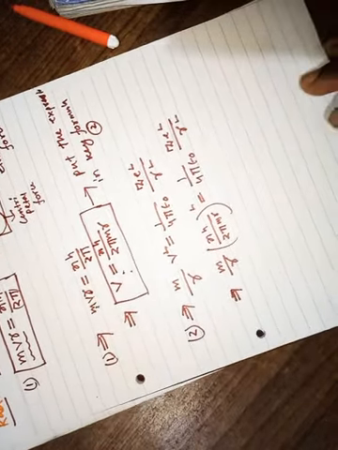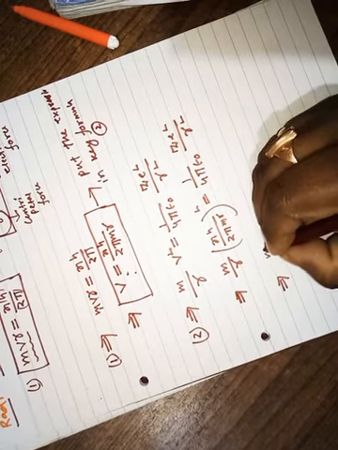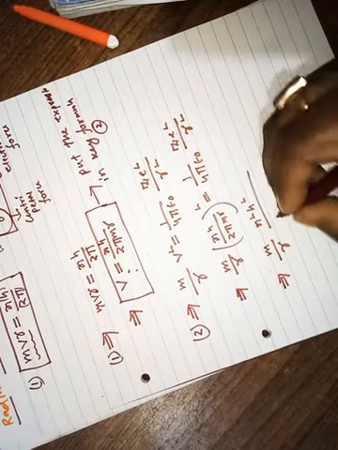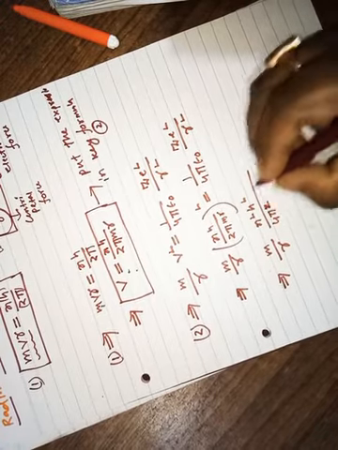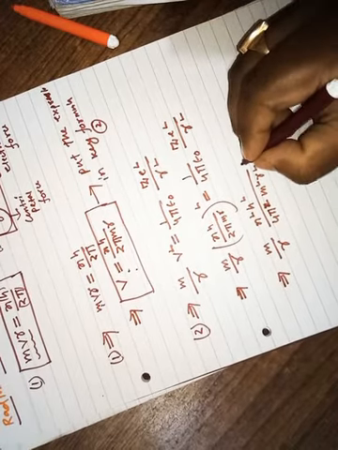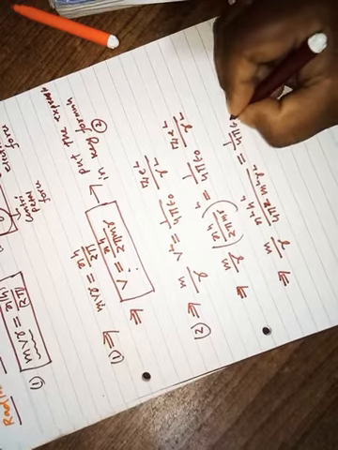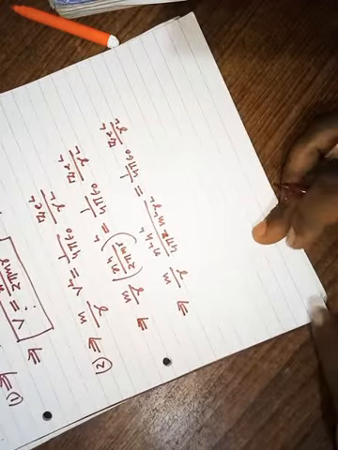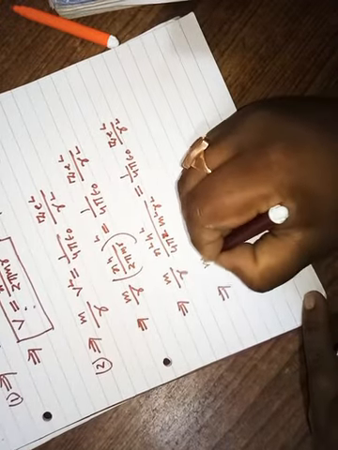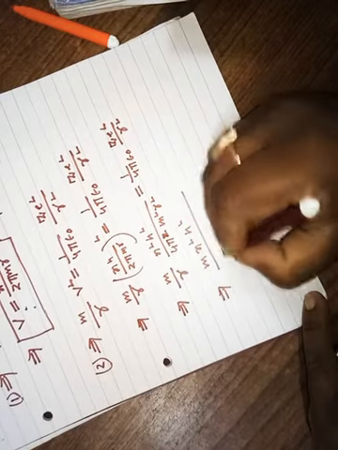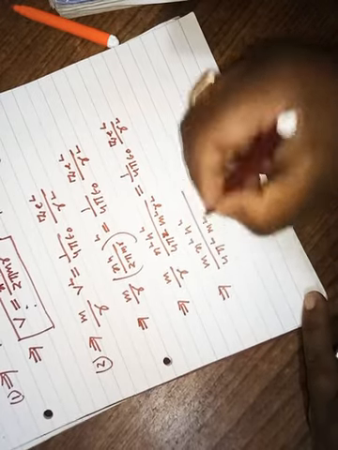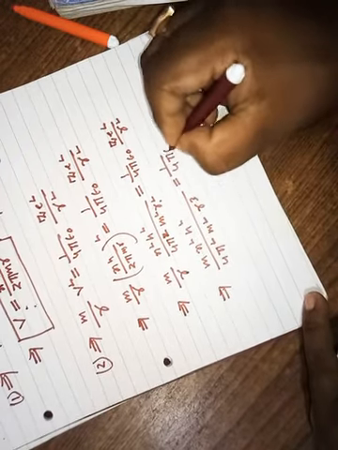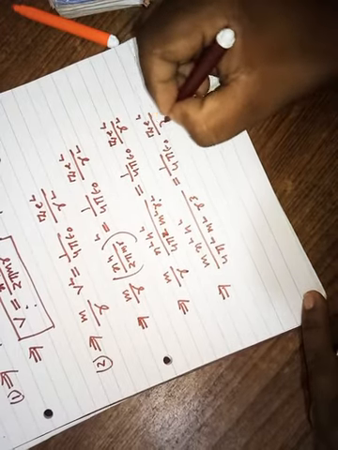Okay, so it is m by r, n square h square, 2π whole square is 4π square, and this is m square r square, is equal to 1 by 4π epsilon naught Ze square by r square. Okay, so this is m n square h square by 4π square m square r square, and r into r square is r cube, is equal to 1 by 4π epsilon naught Ze square by r square.